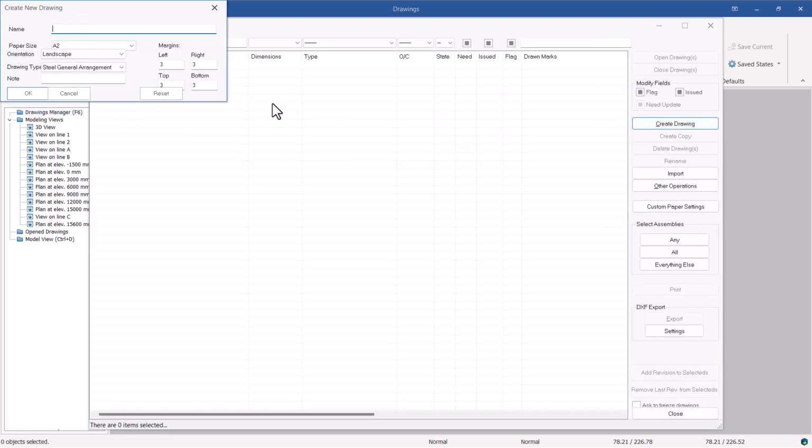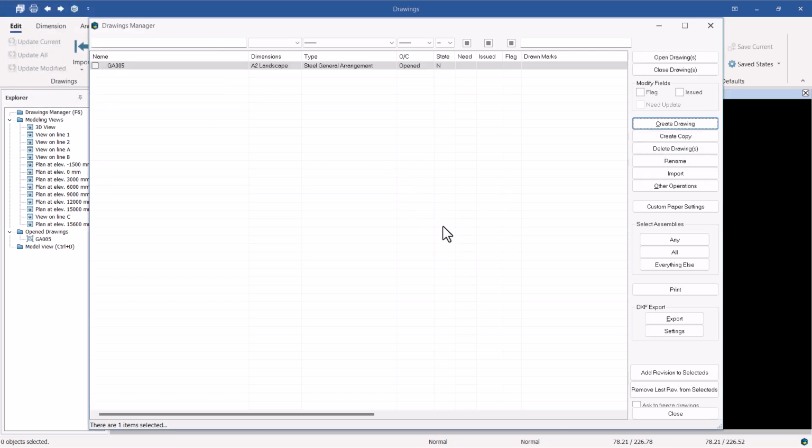Then I'll give my drawing a name, a GA, maybe 005 like that, and select the paper size here, either landscape or portrait. The drawing type you can give it a drawing manager, and you can pick any of that. But in this particular drawing, this is our GA drawing, so I'll go ahead and click OK. Once I click OK, you'll be able to see we have the dimension, we have the A2 landscape,